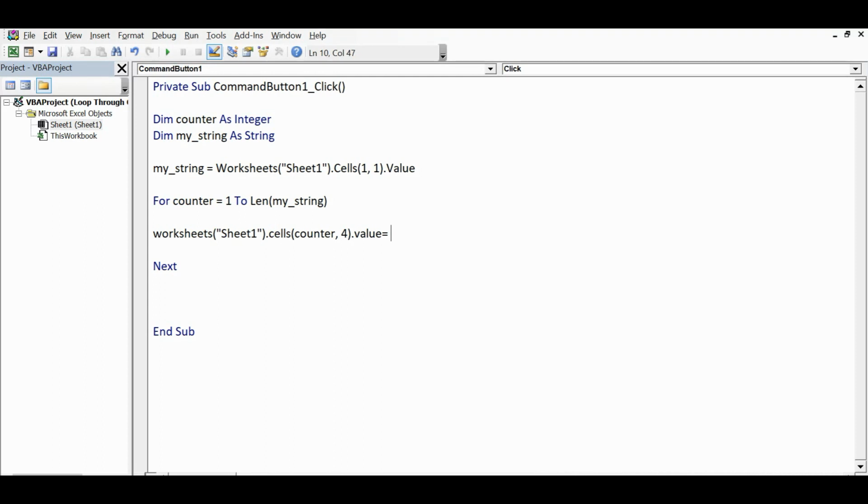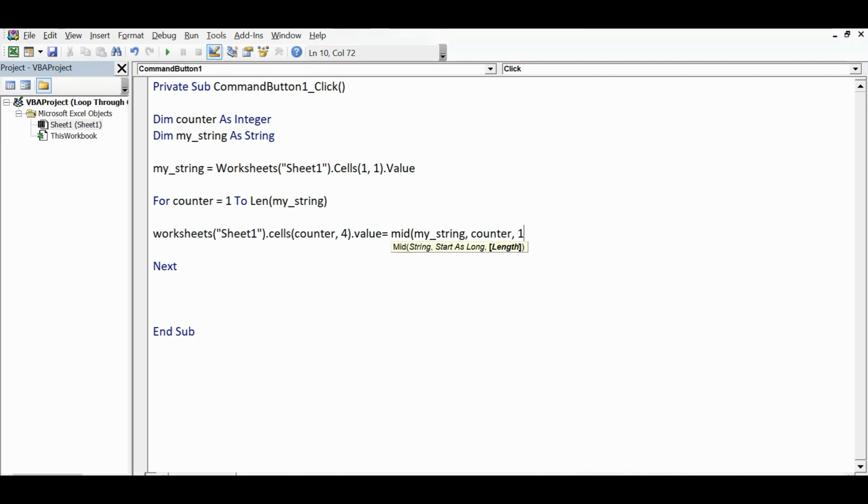equal to, now one by one each character I am evaluating and then assigning to these cells. So for that I am using another function, Mid, and then I need to provide a string which is already stored in my underscore string, and then counter, and then 1.